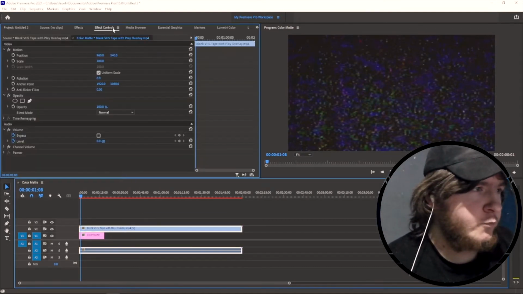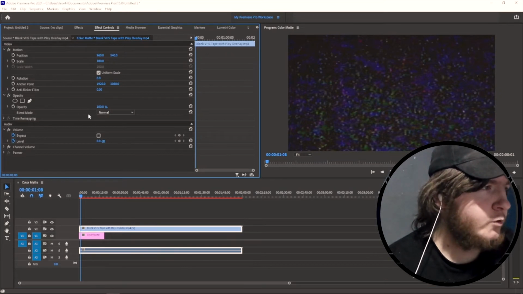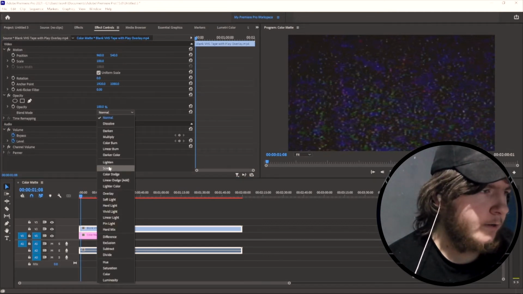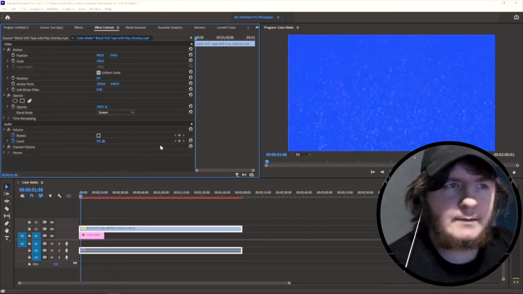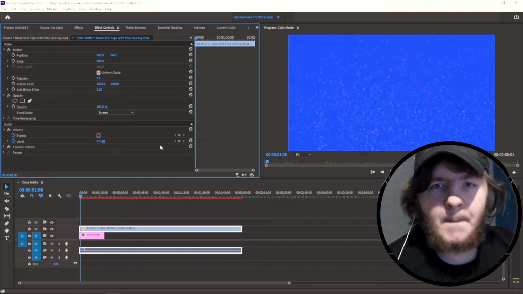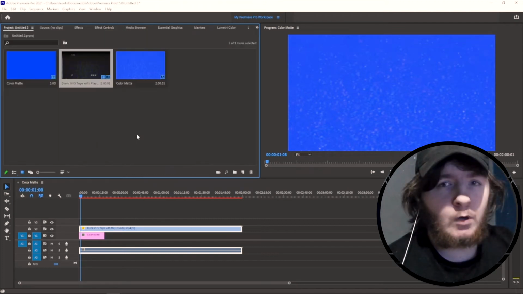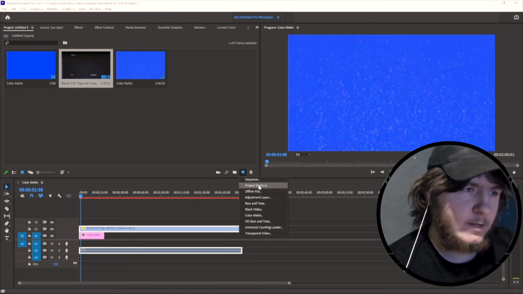Now what I want you to do next is simply go to blend mode on this, and then click on screen, and boom, done. Now if you want to, what you can do as well, to make it a little bit better,